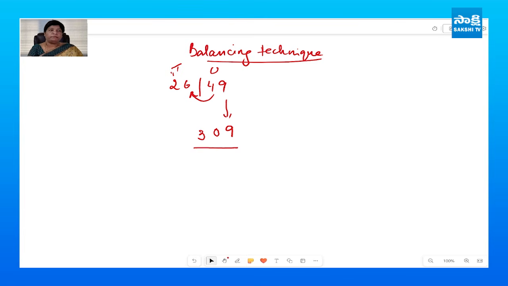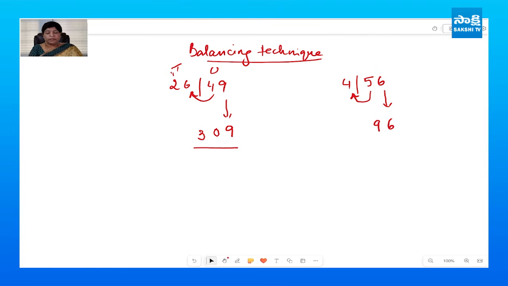So let's see another example. So 4 and 56. Again, we have two digits in the ones place or the units place value. The extra digit we are going to add to the next level. So this is going to be the carry forward to the next level. And we are going to drop from the right hand side the first digit, just 6. We are going to drop this in the final answer. So we are going to retain 6. 4 plus 5 is 9. So 96 is the answer.